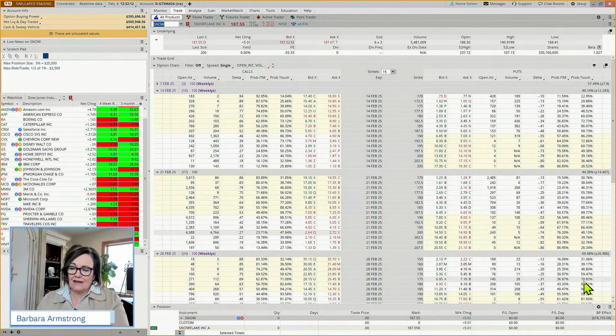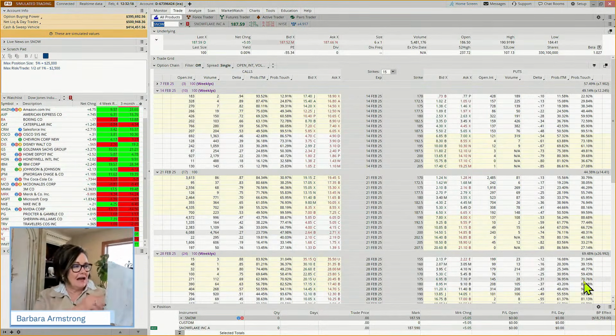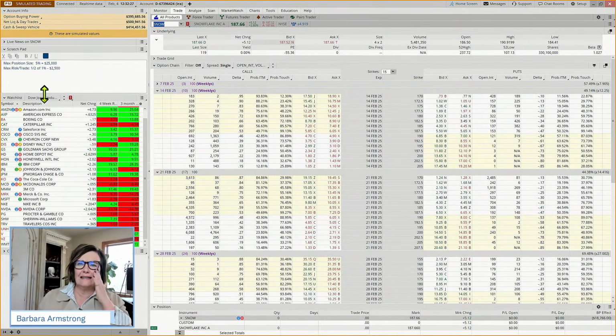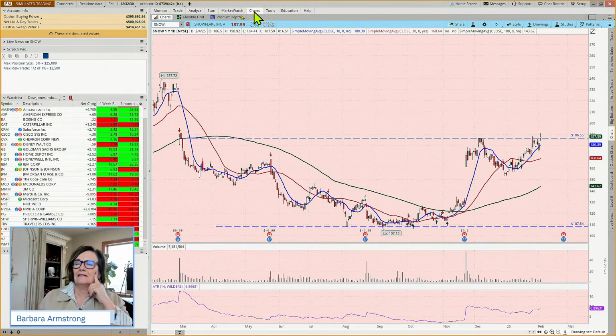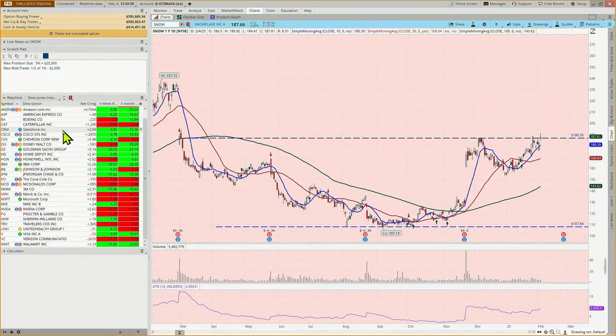Ranjit is asking how I find these stocks. I keep lists, and this is kind of dorky, but I have a list of bullish stocks. I jot them down as I see them, and bearish stocks and sideways moving stocks. And then today I just linked my watch list to the Dow, and I just started clicking along. And I might have done the same thing with the NASDAQ. Snow is not one of the ones that is listed on the NASDAQ, but another one that I did see. So that's our first trade that we're teeing up, Snow.